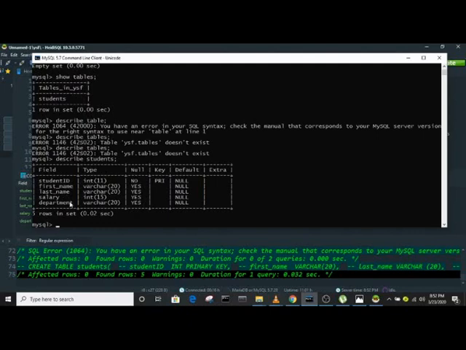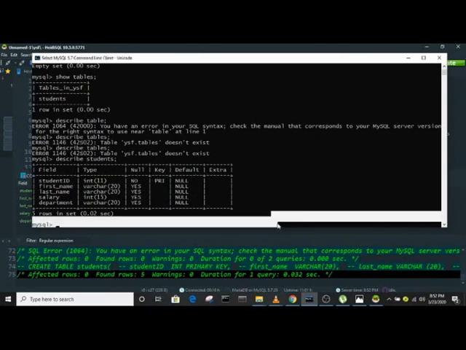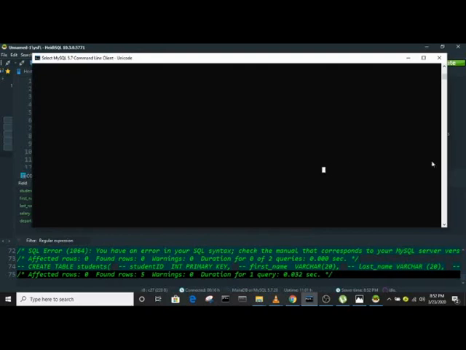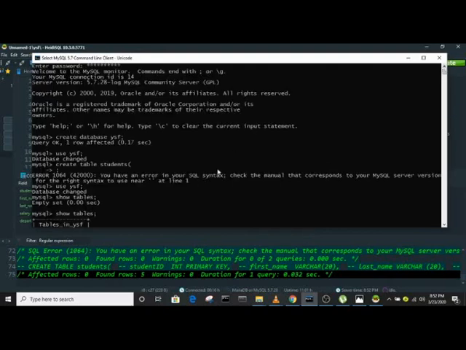What you are seeing here is the table in the proper table format. This table is not in the format of a dictionary or list or tuple. It is in the proper table format. Okay, let's